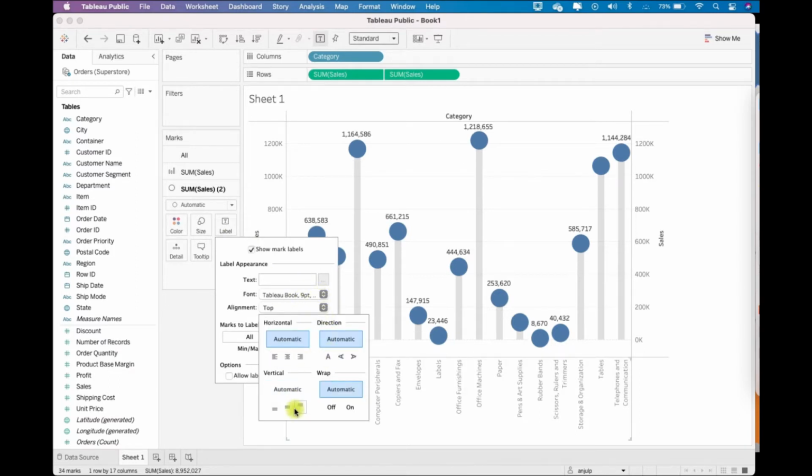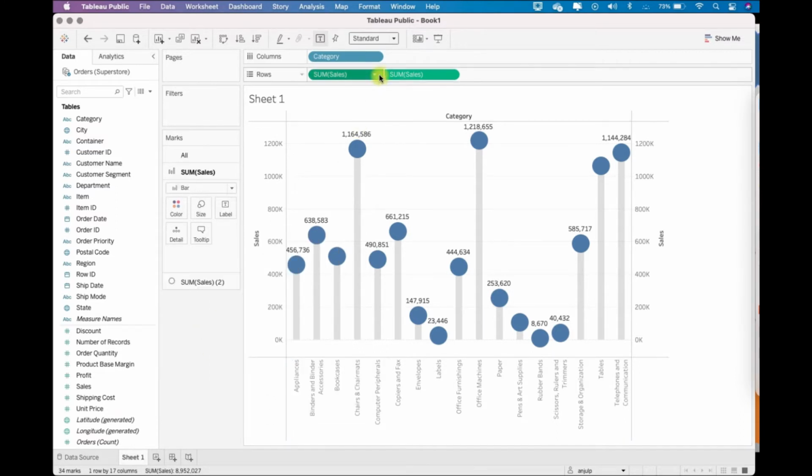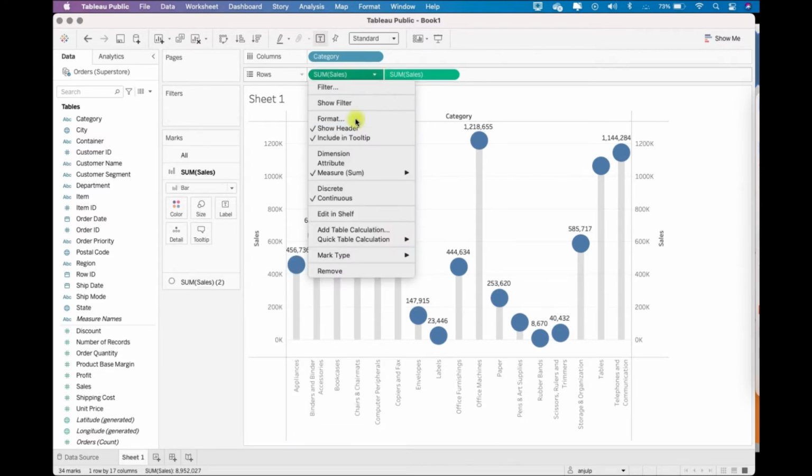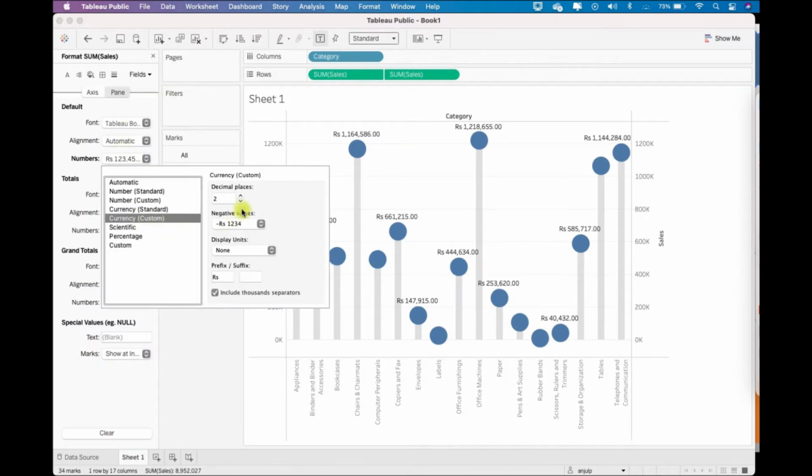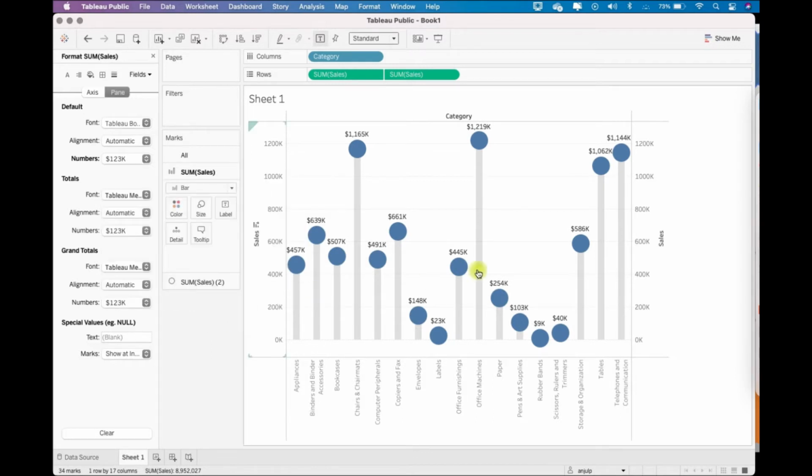You can bring it at the top also, and then change this format to currency. So go here, format. In the pane option, go to numbers, then select currency and display units thousands, and then let's say this is dollars. This way you can represent the sales also.